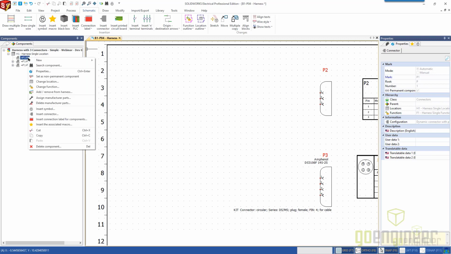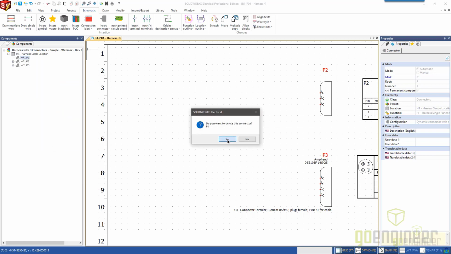So if you delete the symbol, it actually stays in the project, and that's kind of intended behavior, so that you could delete it and it's like, oh, okay, I had 3 pins this time, now I need 5 pins or something. Well, you just come back to the tree after you delete it and insert connector from the right click. I'm going to go and erase that because I'm going to use my own config file to do that,